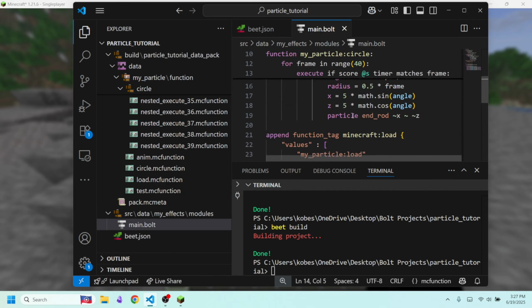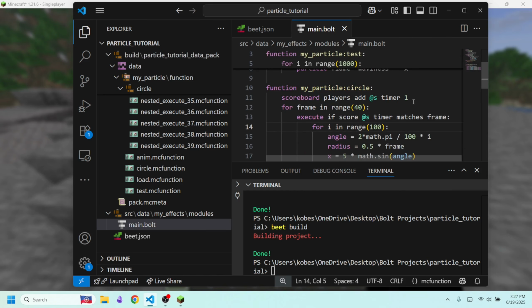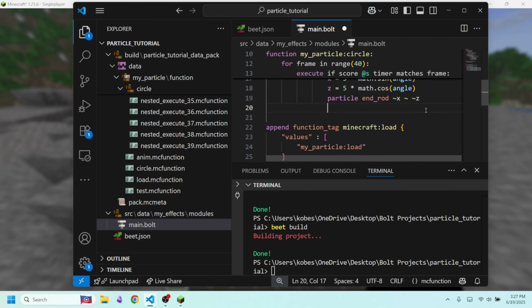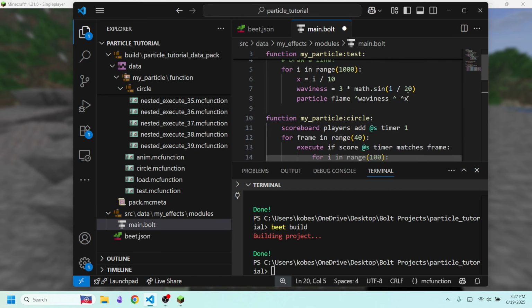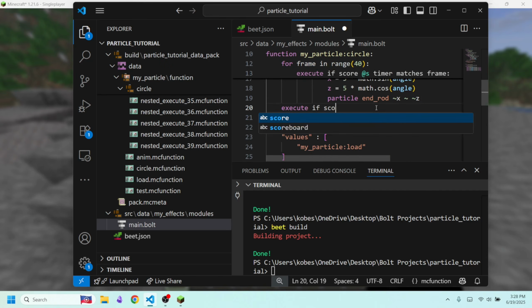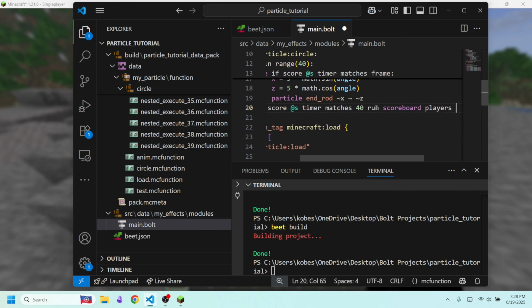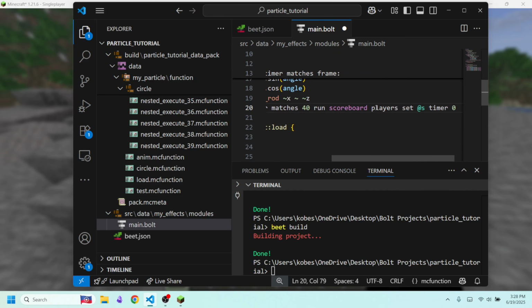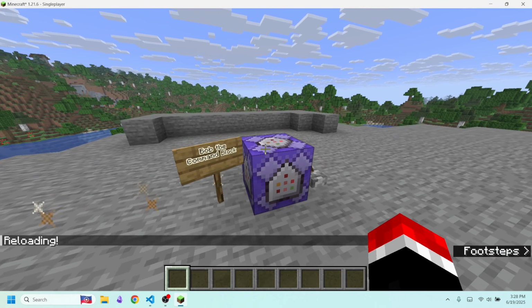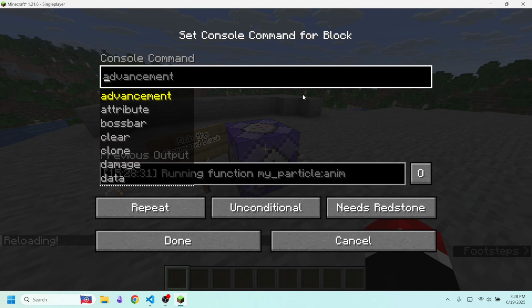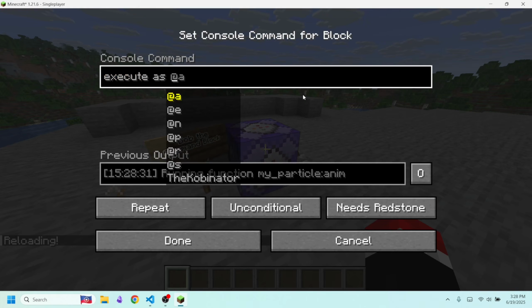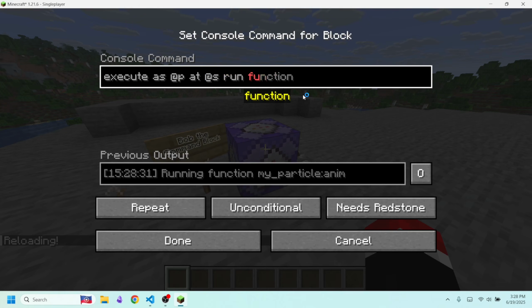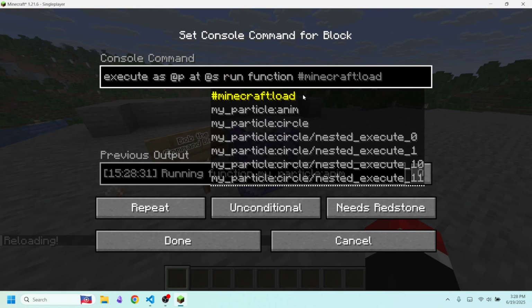And there's actually one more thing we need to add to this. We need to add that looping behavior, so making it hit 0 after it hits 40. So do execute if score @s timer matches 40, then scoreboard players set @s timer 0. There we go. Okay, and now we want this to run as the player, so we're gonna do execute as @p @s run function, and we're gonna run our circle function. So do my particle circle,